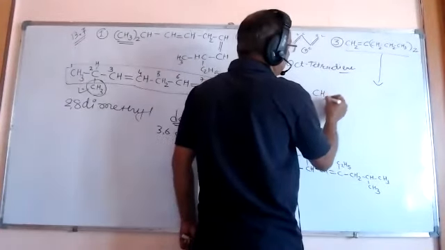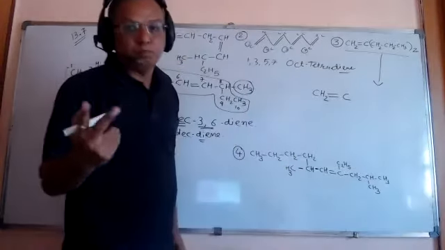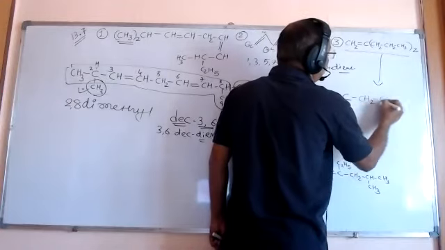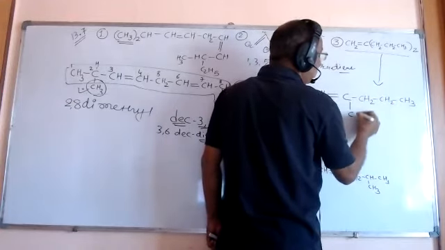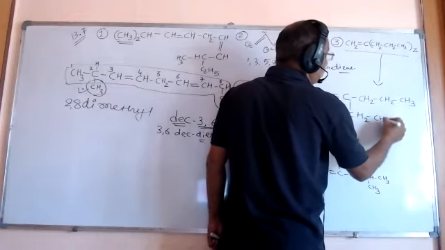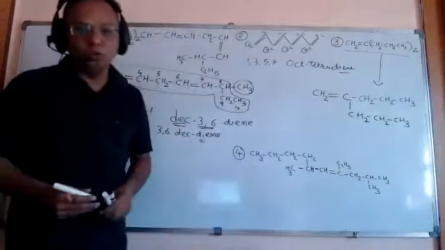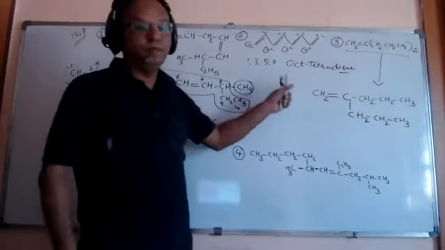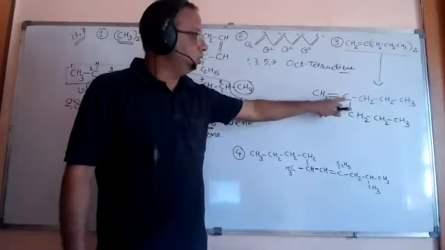Look at here. This is CH2 double bond C. Now, two times propyl group is present. So we should write here CH2, CH2, CH3 once, and here also CH2, CH2, CH3. So these are the two propyl groups we have written, friends, with one carbon. So this is on the last carbon.